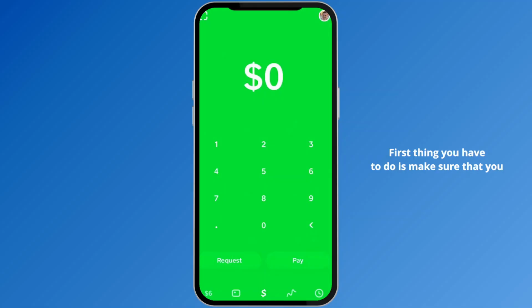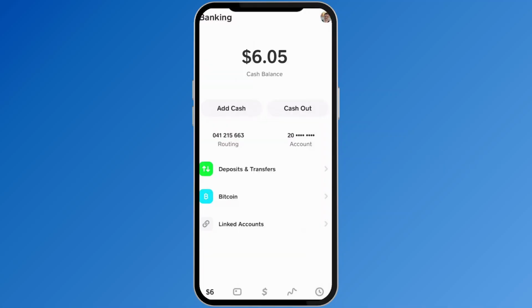First thing you have to do is make sure that you are logged in on your Cash App account. And then from here, at the bottom left, you will find your current balance on Cash App. Or if you don't have any balance, you will be able to see a bank icon at the bottom left corner. Just tap on that, and then from here you'll head over to the banking section, and there you have